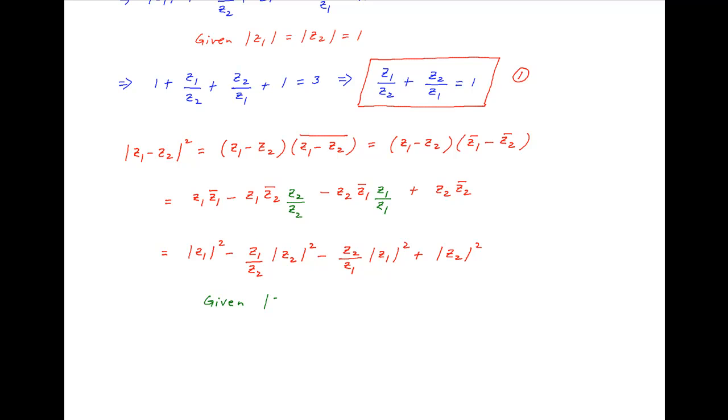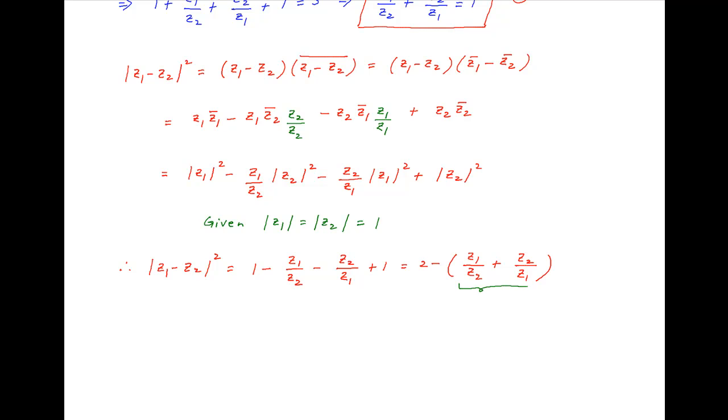We are given that absolute value of z1 and the absolute value of z2 are both equal to 1. Using this result, the absolute value of z1 minus z2 squared is equal to 1 minus z1 upon z2 minus z2 upon z1 plus 1, which is equal to 2 minus in brackets z1 upon z2 plus z2 upon z1. But using result 1, we know that z1 upon z2 plus z2 upon z1 is equal to 1, and therefore